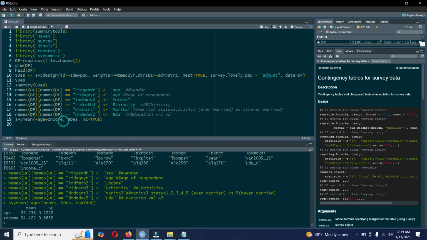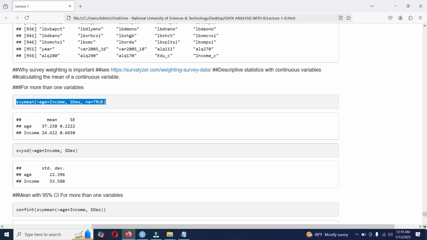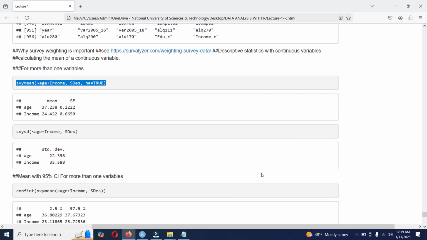So we can add different sets of variables here. For example, you can add other variables here, like blood pressure and other types of quantitative variables in this list, and you will get a table just like this, mean and standard error, right? But we are mostly interested in computing the confidence interval as well,